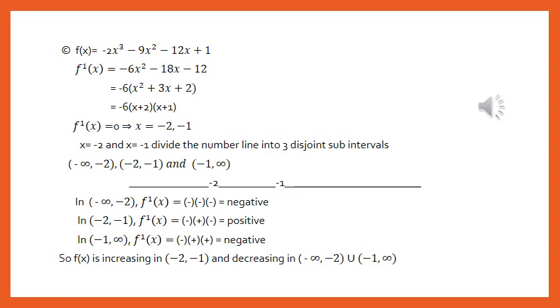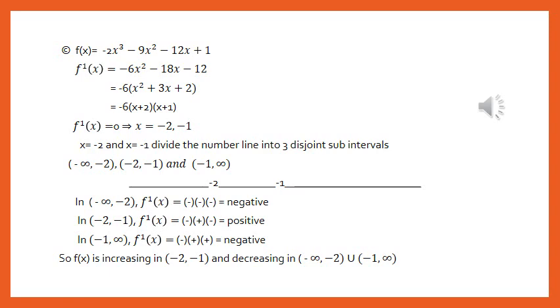Now in minus 2 to minus 1, let's take x is negative 1.5. We see that the sign of f dash x is negative into negative, this is the sign of negative 6. Then positive, negative. So f dash x is positive. In minus 1 to infinity, we see the sign of f dash x is negative into positive. You may take any number in minus 1 to infinity. You may put x is 4. Then we see that the sign is negative, positive, together negative.